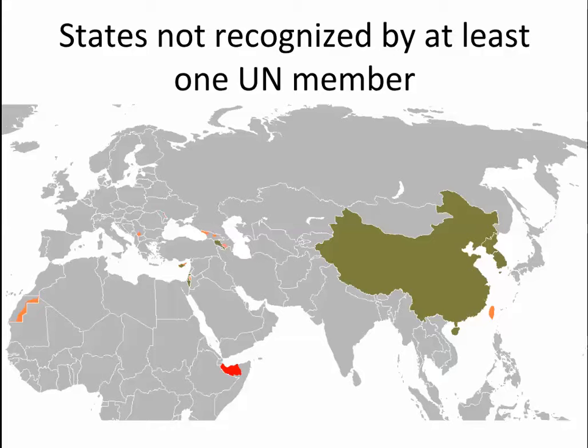What you see here are those states that at least one other state in the United Nations doesn't recognize as being a state, doesn't recognize as existing legitimately. And if we look at these, I just want to point out a couple. And this is kind of the classic one. Here we have Taiwan, and here we have China. Well, both these countries say that they are the legitimate governments of mainland China.